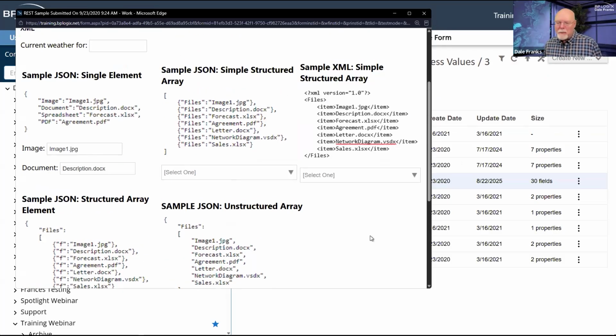So this is sample XML. XML is a very structured language, right? So I have files, and inside my files, I have 5 items. Here's my first item. And we know it's my first item because it has a tag that says item. And then it has the item name, image1.jpg. And then it has another tag that says end item. And it goes on and on and on. If we go up one level to files, I've got a tag that says files. Okay, files must start here. I've got a tag down here at the bottom that says, oh, end files. There must be no more files. Super structured,